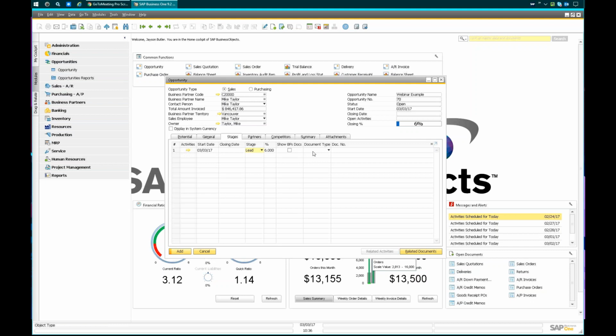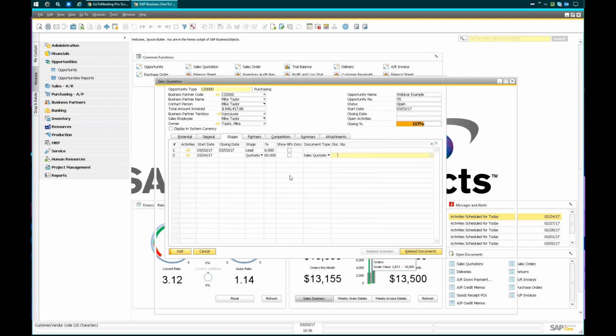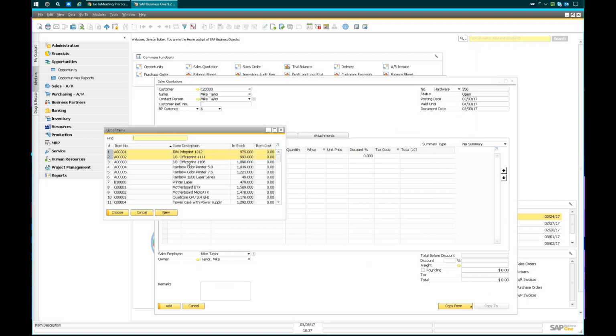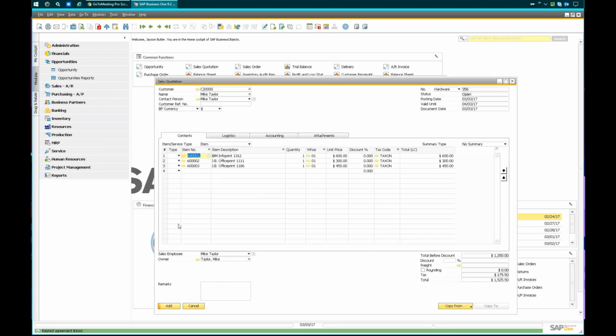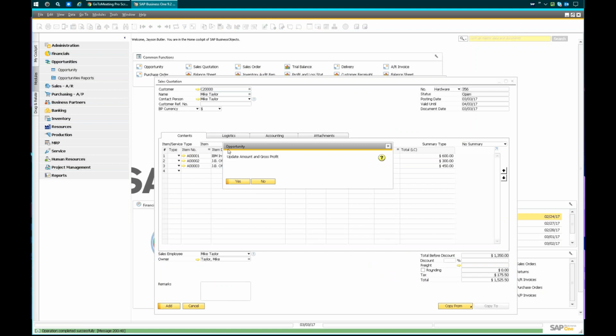And if you had multiple quotes, you can have multiple quote stages, and you can link those documents in there. So in this case, say I had already done the lead stage. I'm going to add a new row, and I'm just going to go up to the quote stage. I'm going to add a sales quote, a new one here. I'll add a couple of items really quickly, and there we go. I've added it. It's going to say update amount and gross profit,